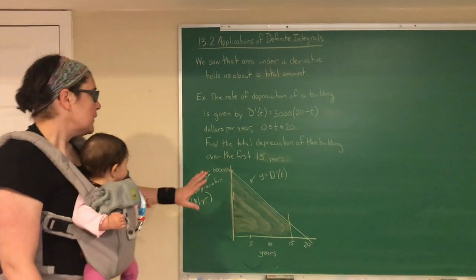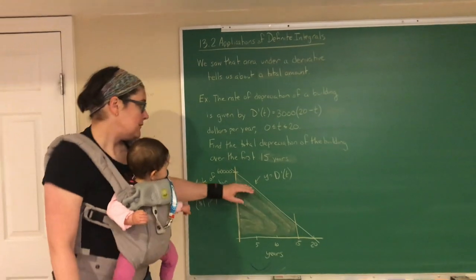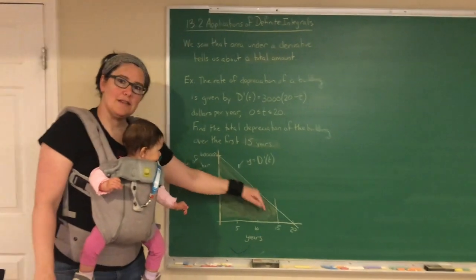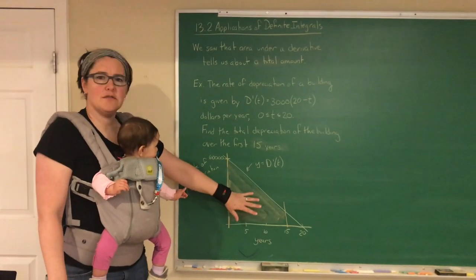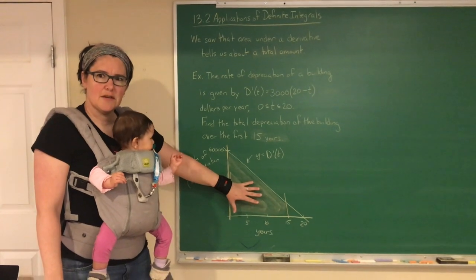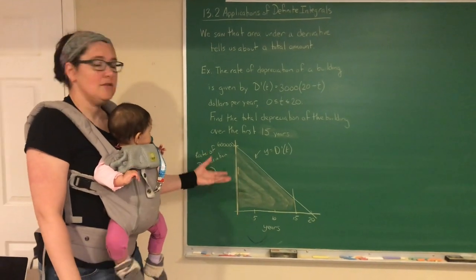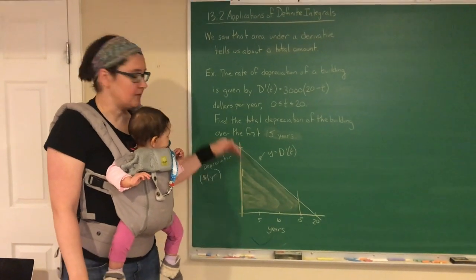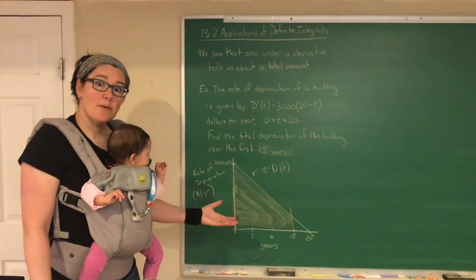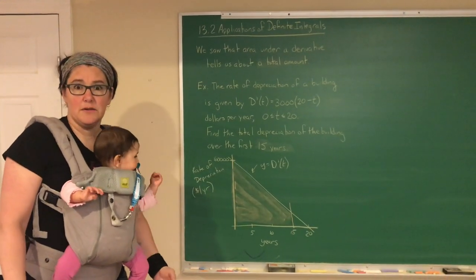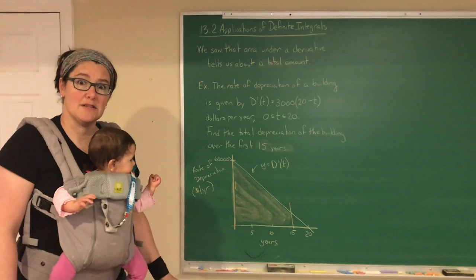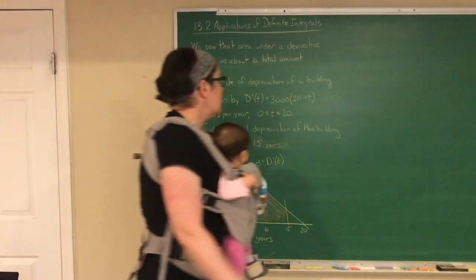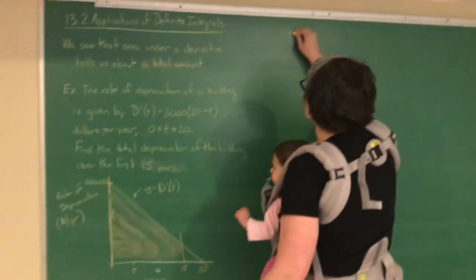Okay, so we want to find this area. Again, because our derivative is a diagonal line, we could use some kind of geometric formula on this. But we're going to want to be able to use this idea more than just for diagonal lines. And so another way to think about this area under the curve is what we talked about last class, which is the definite integral. And so our total depreciation